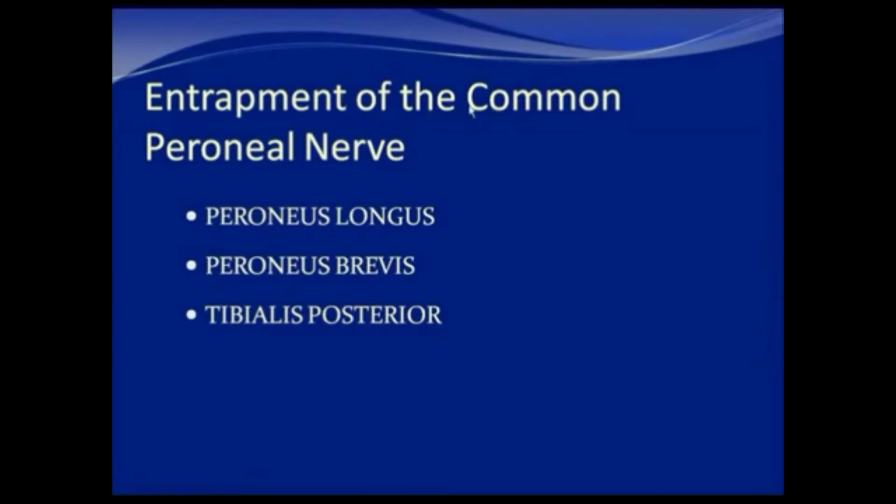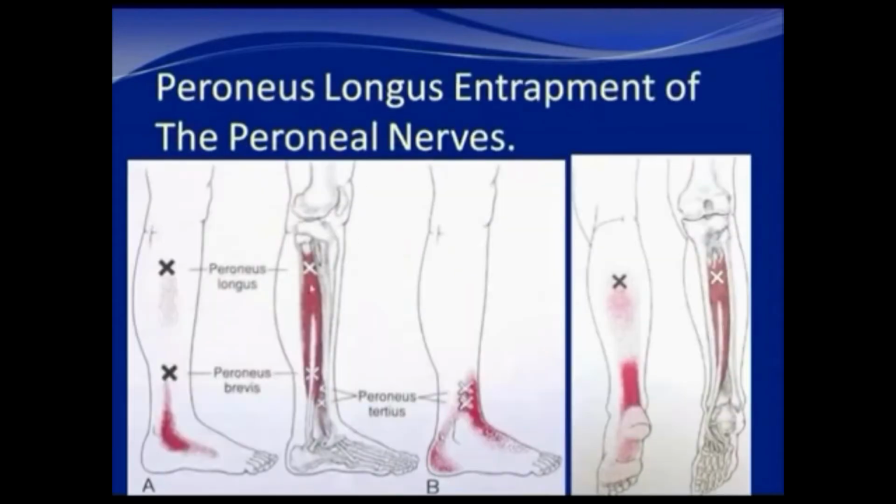The entrapment of one or more of the branches of the common peroneal nerve involves primarily the peroneus longus muscle, occasionally the peroneus brevis, and often the tibialis posterior contributes to this. You can see in the diagram here, the peroneus longus muscle comes along here, and the common peroneal nerve comes right behind this